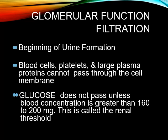Filtration is more rapid in the glomerulus than in ordinary tissue capillaries because the glomerular membrane is porous. The ultrafiltrate is similar in composition to blood except that it lacks blood cells, platelets, and large plasma proteins. Under normal conditions, the capillary pores are too small to allow loss of these large blood components. However, in many kidney diseases, capillary permeability is increased, which permits plasma proteins and blood cells to pass into the